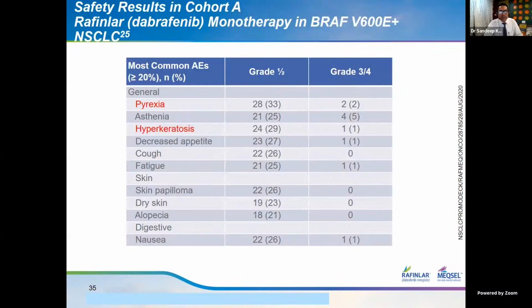As for adverse effects, from what I have seen in a few of the patients, the only side effect that we usually see is pyrexia. At times it becomes difficult to control pyrexia. In a very small number of patients, you can control it